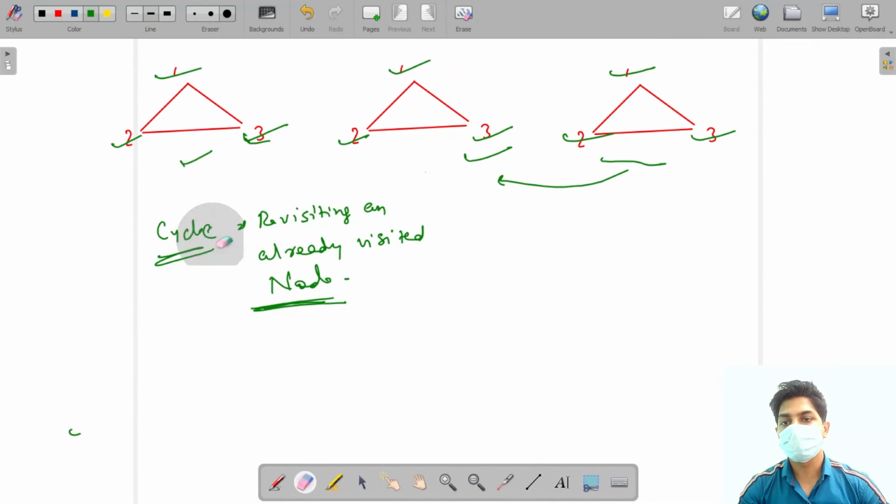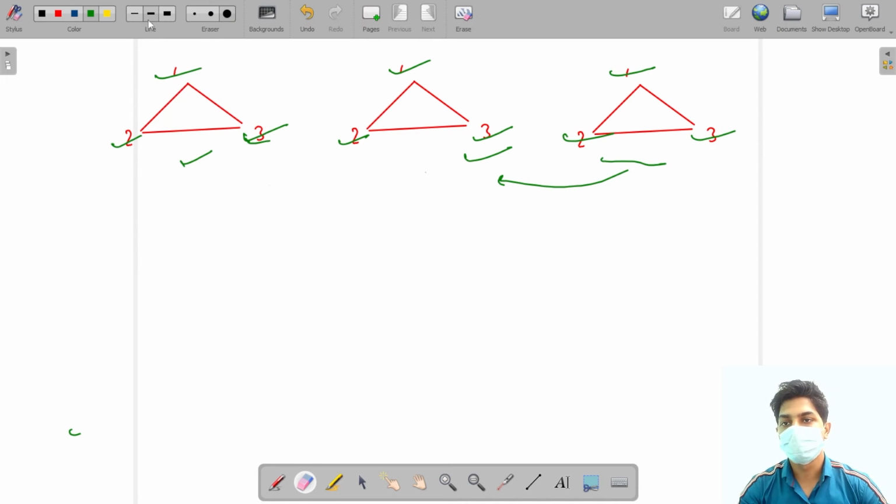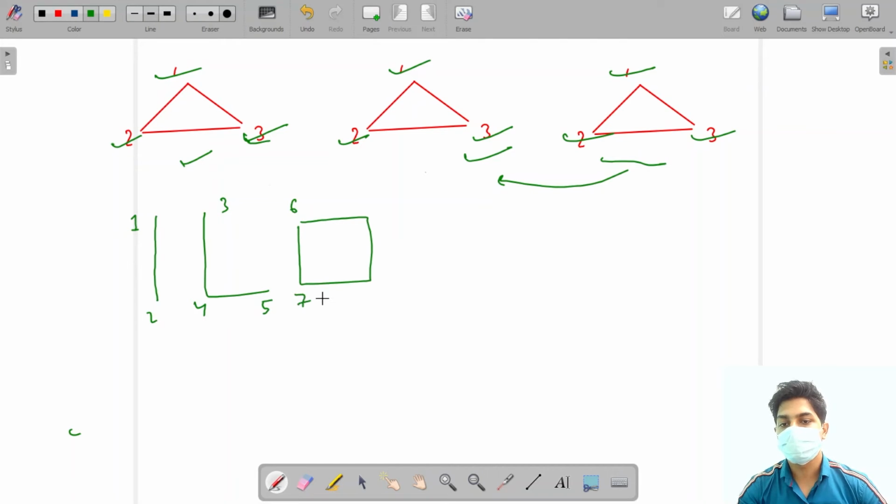But there is one more thing which I want you guys to know. The graph could be something like this: 1, 2, 3, 4, 5, 6, 7, 8, 9. Since it is not necessary for the graph to be connected, in this case we will have to iterate on all the vertices, from 1 to 9.